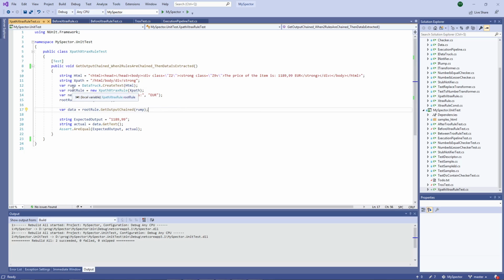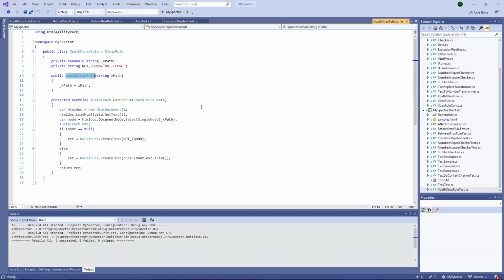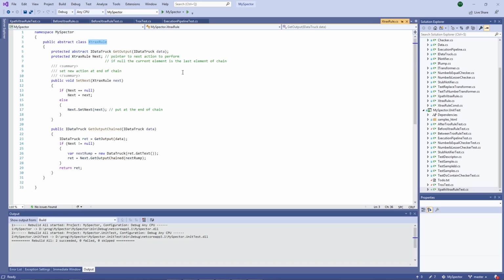Here you see that I have rules, and these two rules, for example the XPath extracts rule, is a class which inherits from the extracts rule. This extracts rule is the base class which is used at the top of the design pattern.